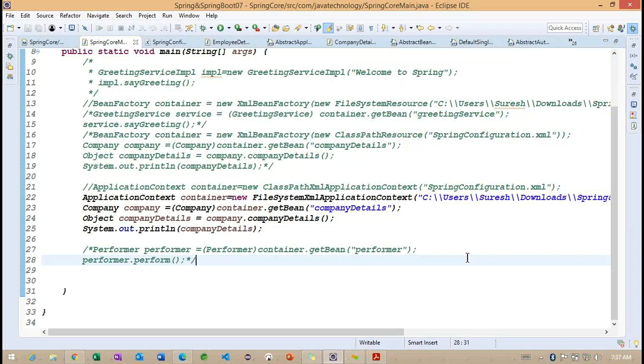So how exactly are initializing and destroying beans going to work? How can we define the default init methods and destroy methods?